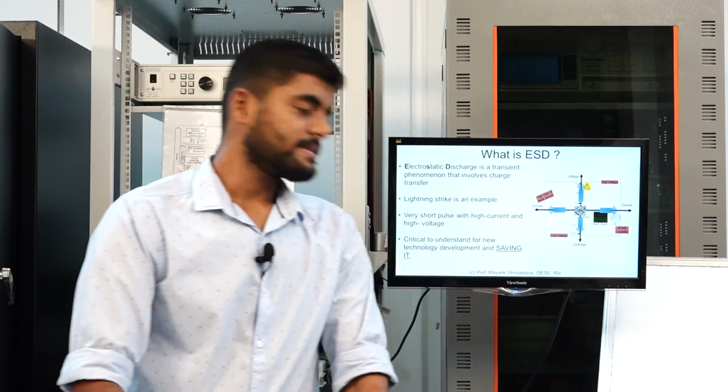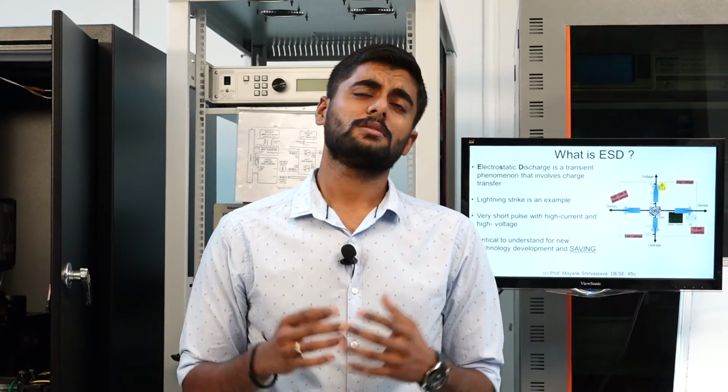Electrostatic discharge, at its very basic, is a charge transfer taking place from one body to another when there is a potential difference between the two bodies. The best example of this would be a lightning strike. When there is a potential difference between two clouds and there is charge stored on one, there is a charge transfer that takes place between these two clouds. Now a lightning strike in itself is not an economic disaster, and it does not affect our daily life in a lot of ways. In microelectronic devices, however,